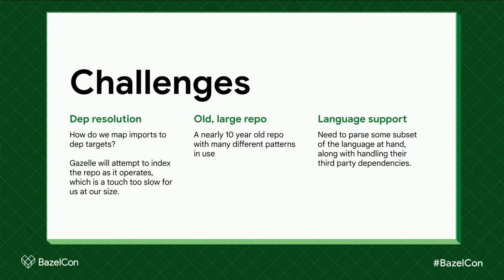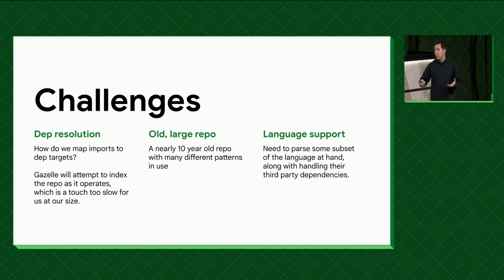Some other challenges we have are, this wasn't a clean room implementation. We maintain an old, large repository. The other day, I was curious about how old it actually was, and I think it's a little bit over 10 years. For a lot of people, that's a lot of legacy. It's a lot of different patterns. There's a whole lot going on, multiple languages, as I talked about. If we want to implement extensions for every language, we then have to do things like parse subsets of the language. We have to know how to handle their third-party dependency ecosystems. By that I mean things like Java jars that you download from Maven or Python wheels from PyPI.